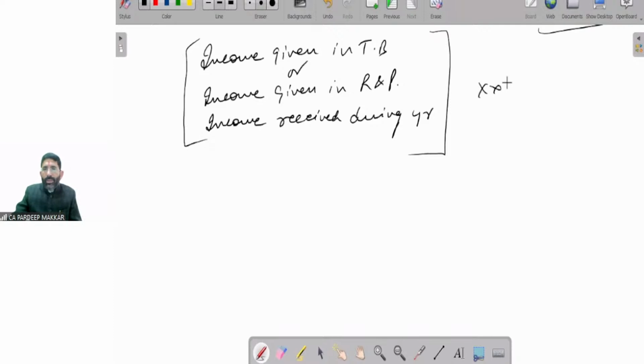If it is given to us, then what we have to do? We have to add accrued income at the end, and accrued at the beginning is to be deducted,